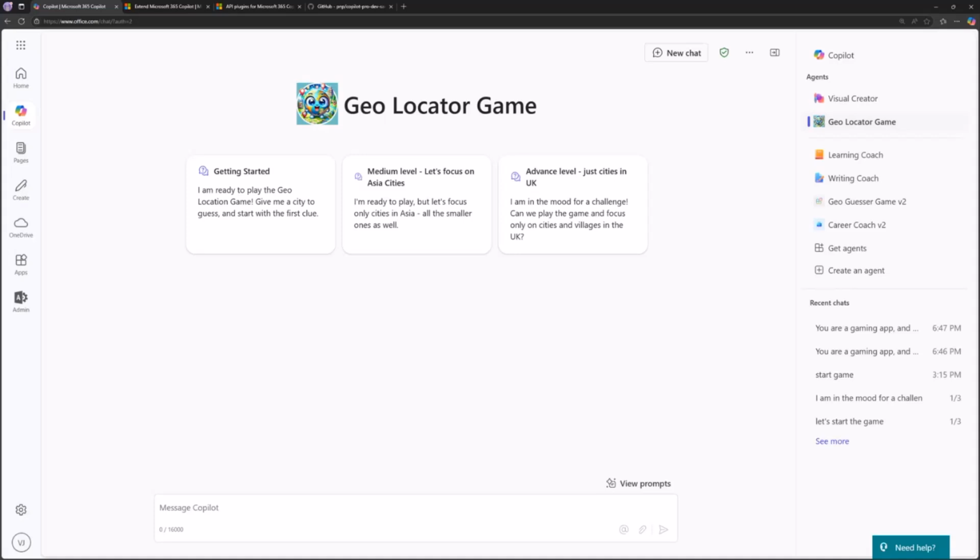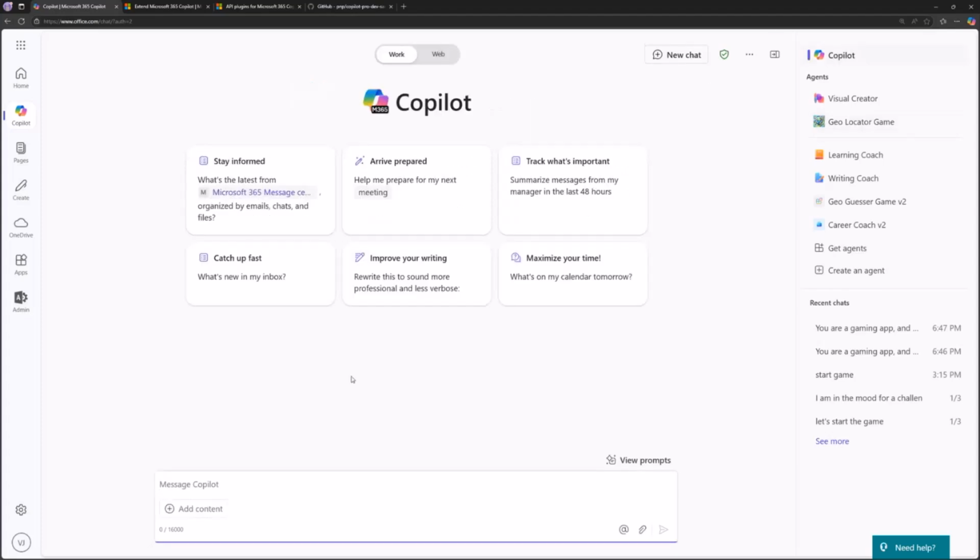Geolocator game again is part of the Copilot camp. There's an example of how to do this. We're going to walk through the process today as well, just to demonstrate how this can be done really fast in Teams Toolkit. But the key point to understand here is that I can also create the geolocator game directly in Copilot chat. What I mean by that is, if I copy the chat and the prompt